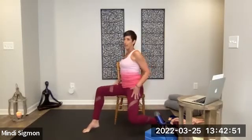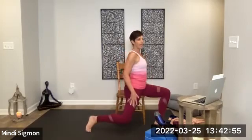Yeah, this one's so great for the front of the thigh and where your leg attaches to the hip, right there at the hip crease, which can get very tight from sitting. Now, one of my most favorite poses for releasing the back and strengthening along the spine